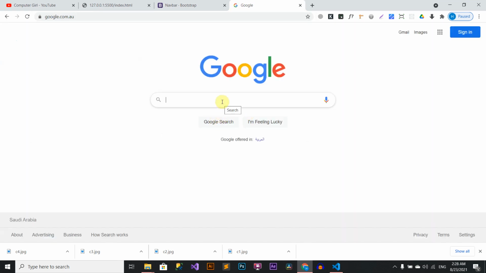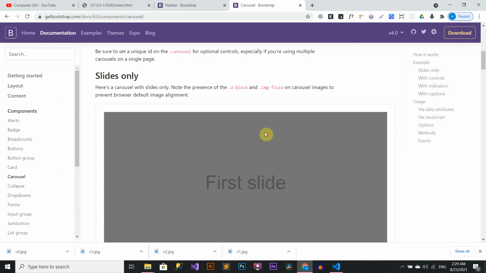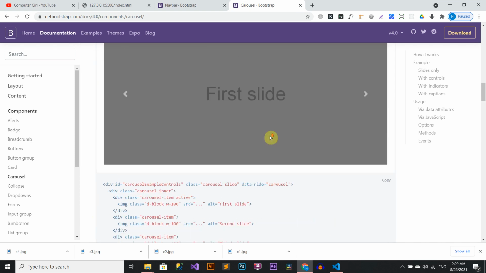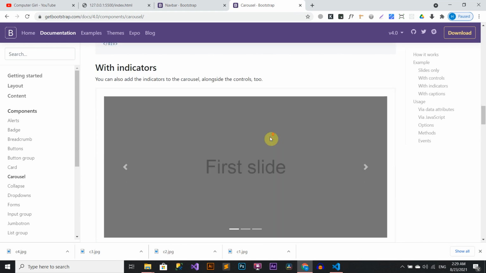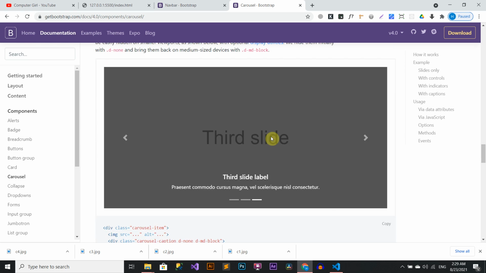Now we will search for the Bootstrap slider. So search Bootstrap carousel slider. We will copy this, the caption one.